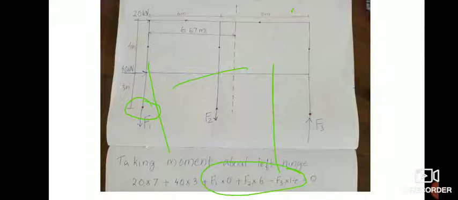So the 20 kilonewton force is here and 40 kilonewton force is here. When you take moment about the left hinge, 20 into 7 and 40 into 3 are clockwise. f1 passes through that hinge, f2 is at a distance of 6 meter, f3 upward is at a distance of 14 meter. When you write the equation, you will get the same equation, you can solve in the same manner, and you will get f1 as 17.57 kilonewton tensile, and f2 and f3 similarly you can find out and check whether f1 plus f2 is equal to the f3 value, then only your problem will be correct. The remaining portion will be explained later.